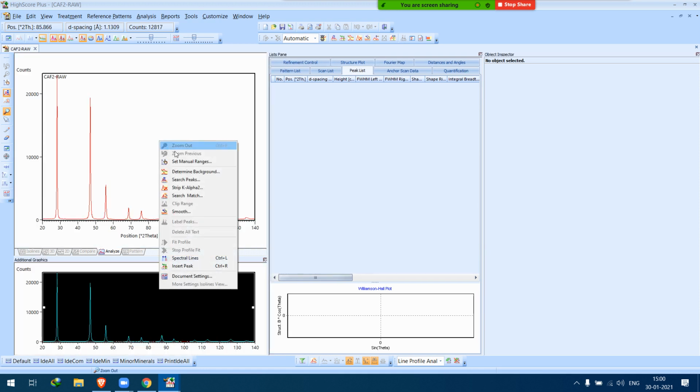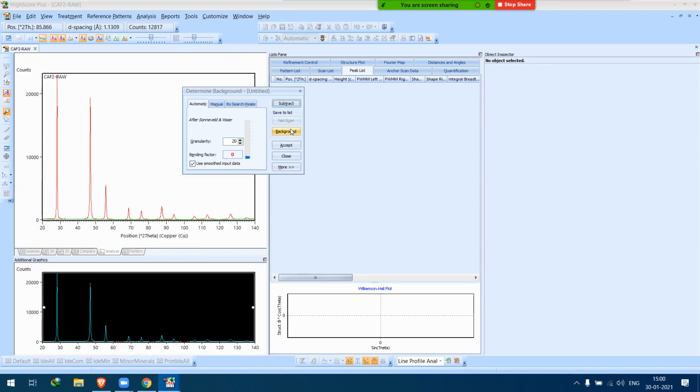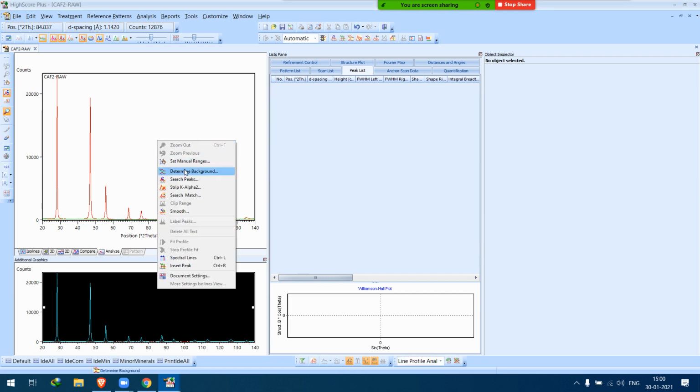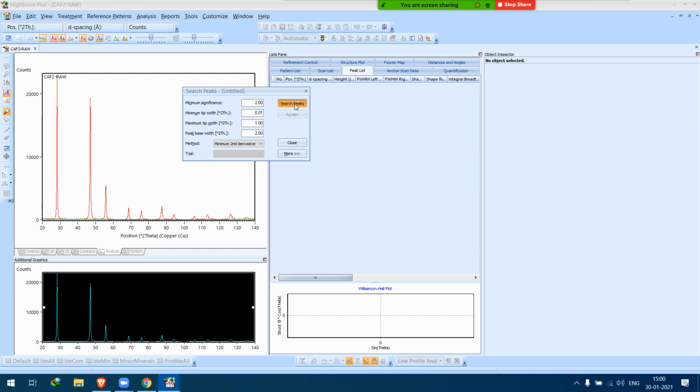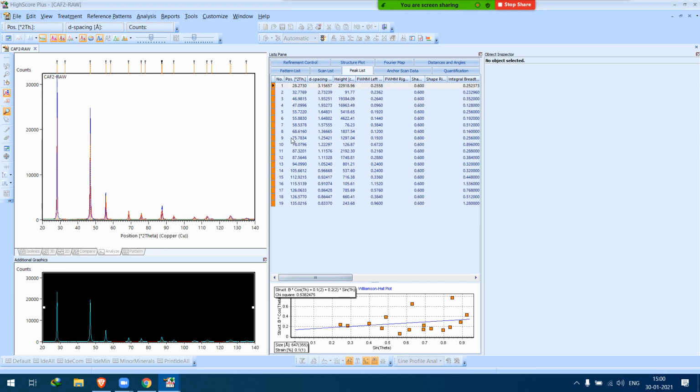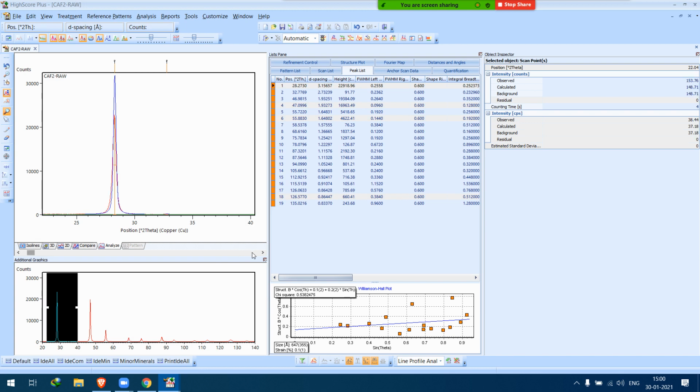Now again we are doing the same: determine the background, accept it, search the peak, accept it. Just look if any weird peak is there or not.